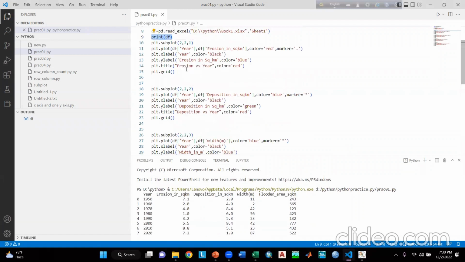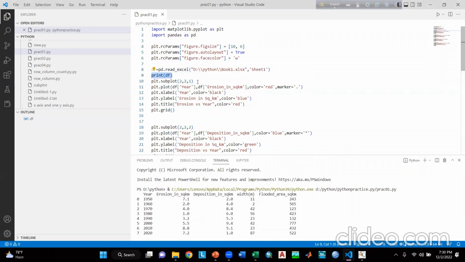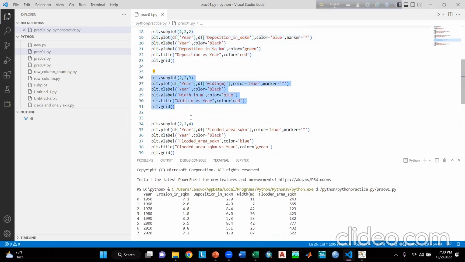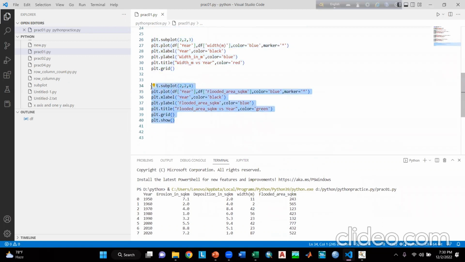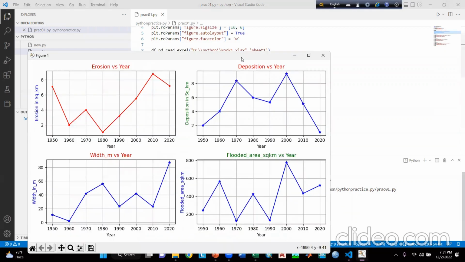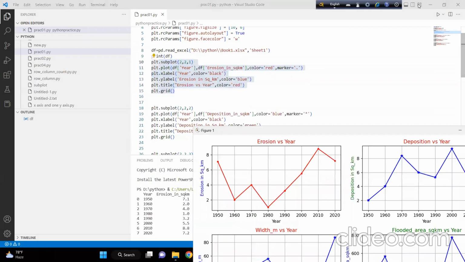Now, the main part is the subplot. The codes for these 4 plotting is almost same, just there are some difference which I will mention. If I discuss about the first one, here you can see that it is written plt.subplot(2, 2, 1). Here 2 means that there are 2 rows. Then this 2 means there are 2 columns, and this one means that it is the